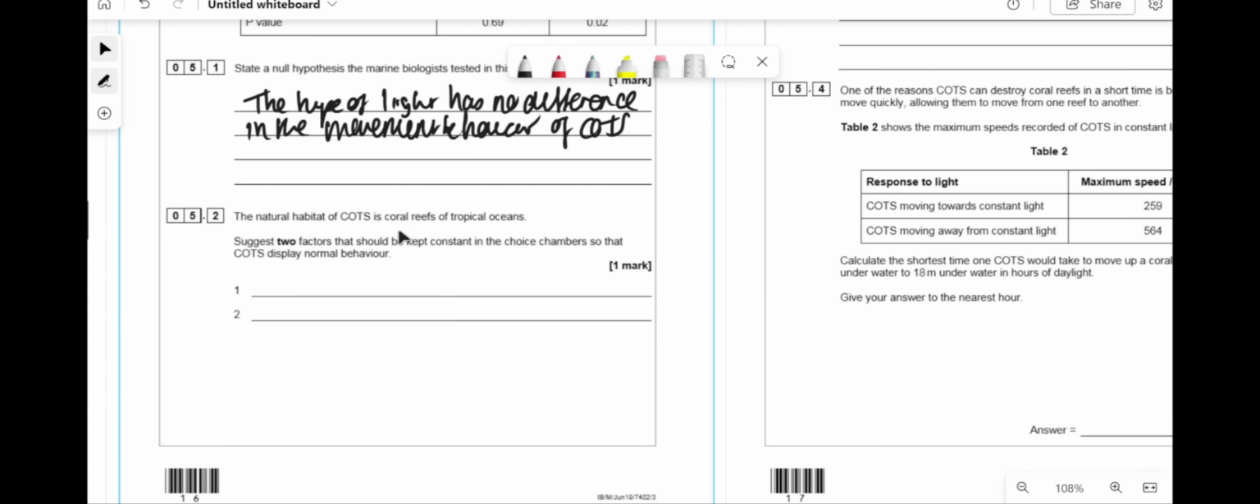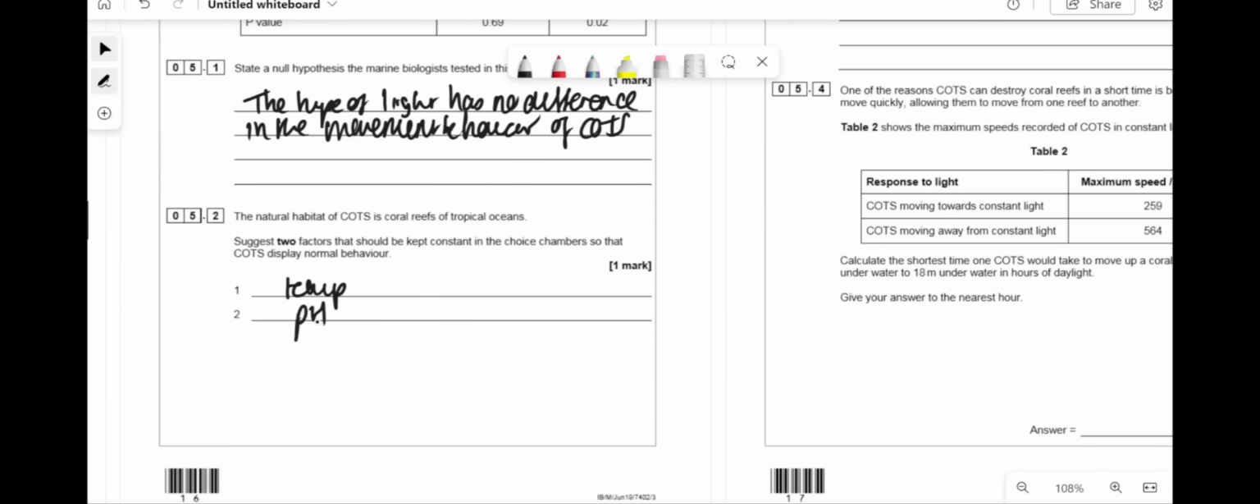The natural habitat of carps is coral reefs of tropical oceans, which suggests two factors that should be kept constant in the choice chambers so that carps display normal behavior. So it would be things like temperature, pH of water, oxygen concentration, light intensity, I guess, salt concentration as well,